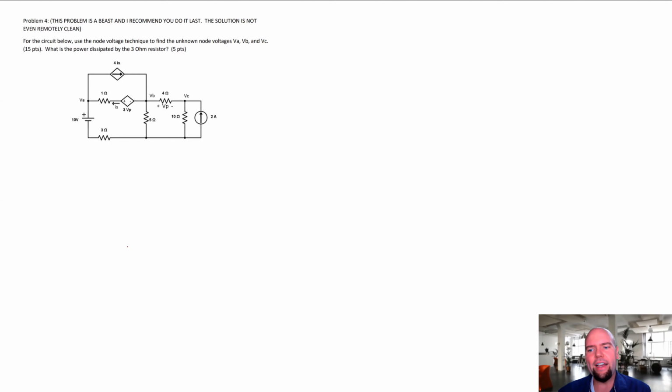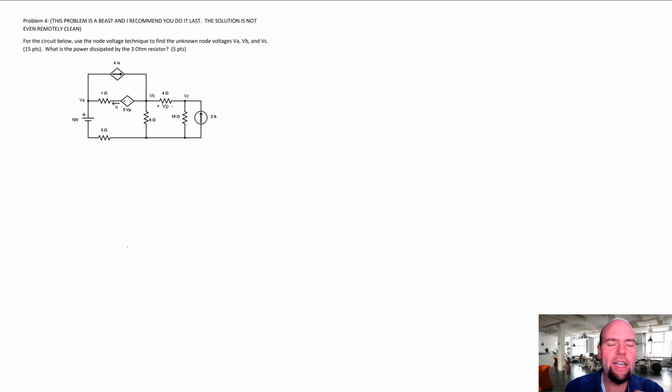But go back and at least when you're doing it on paper or something, go back and double check your work. Actually do the mesh current or node voltage around the loops. And there's plenty of ways you can sort of check your work and make sure you're on the right path. Okay, so